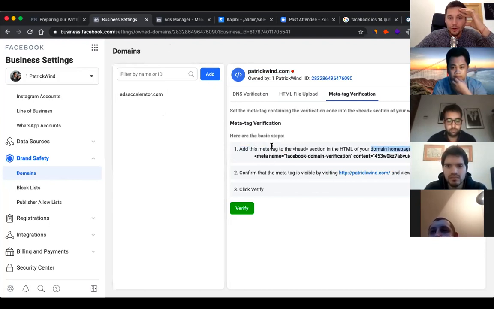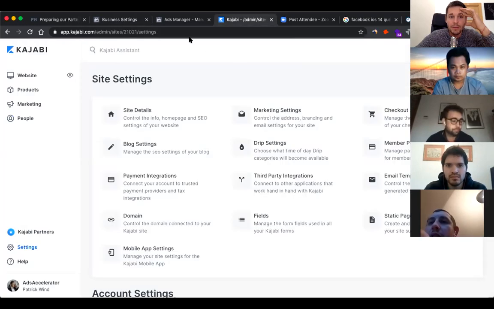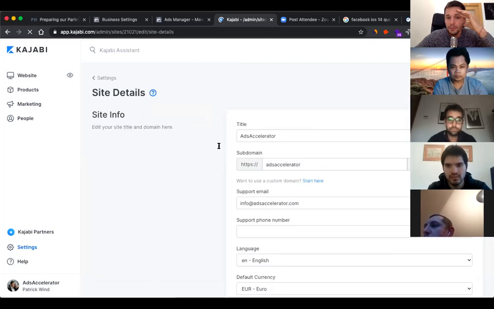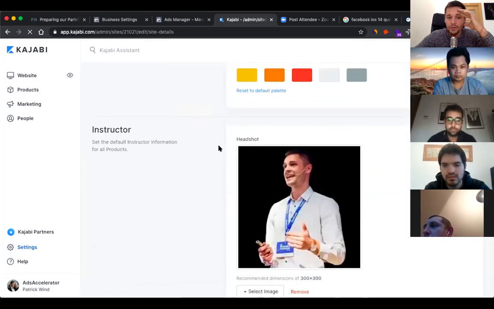So I basically copy this snippet here. My website is hosted on Kajabi, for example, which is like a Shopify but for online courses. And inside the details, that's where I have also implemented the Facebook pixel, the base code.